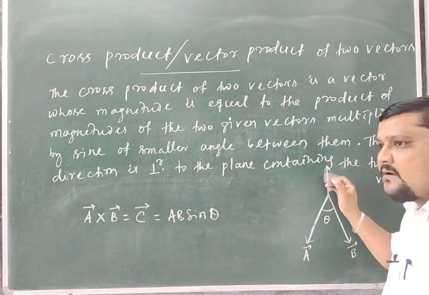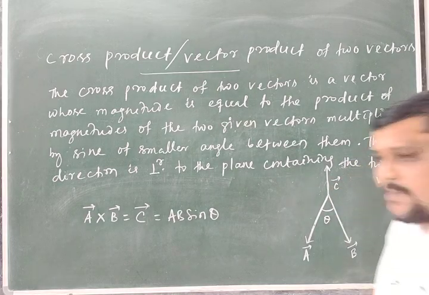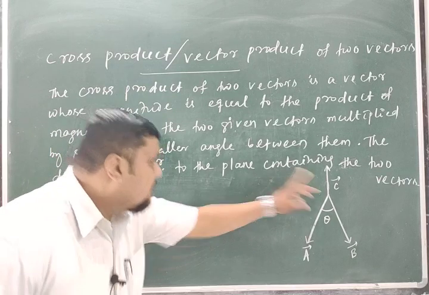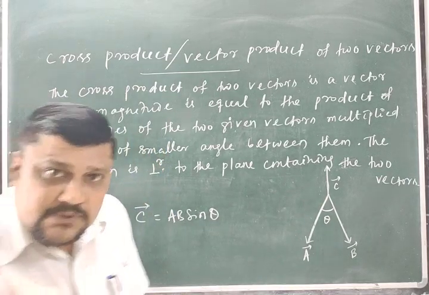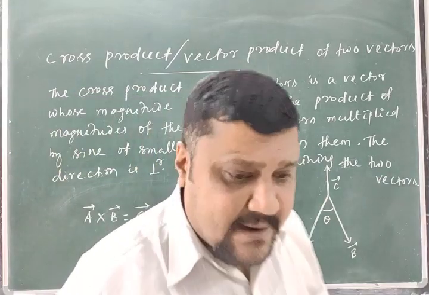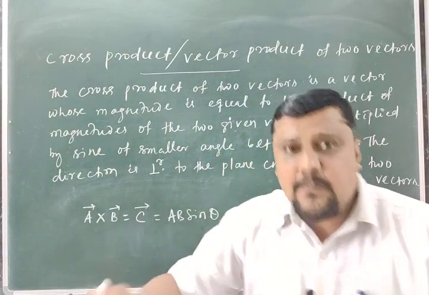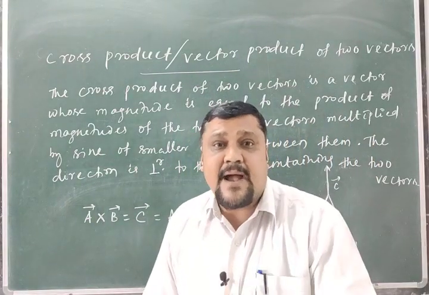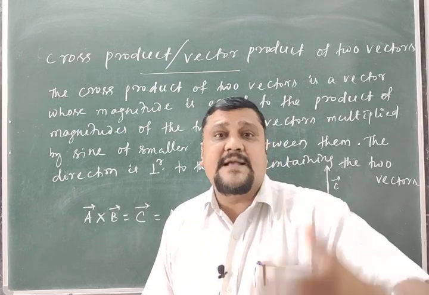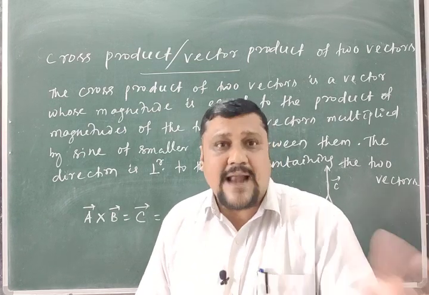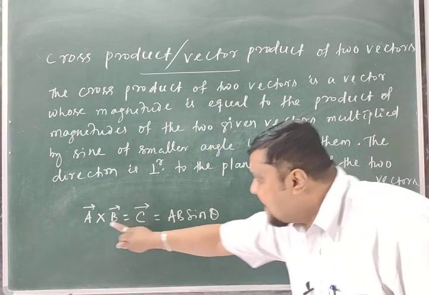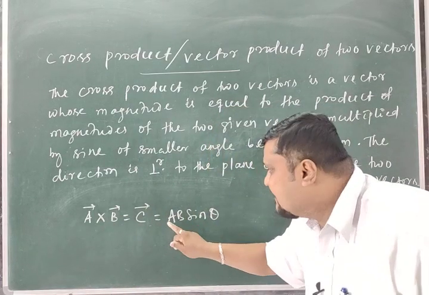One can take upward or one can take downward. So the case is the upward or downward. The sense of upward or downward can be determined by a rule that is called the right hand thumb rule or right hand screw rule, that we will discuss. So I can write A cross B is equal to C, that is equal to AB